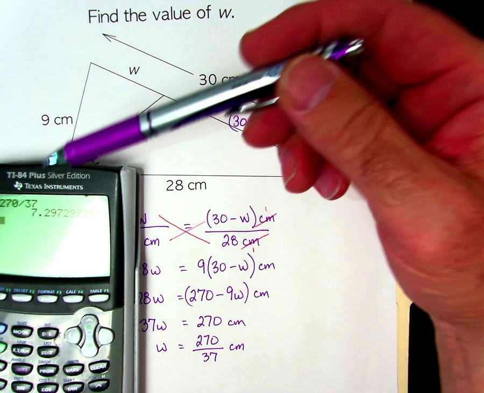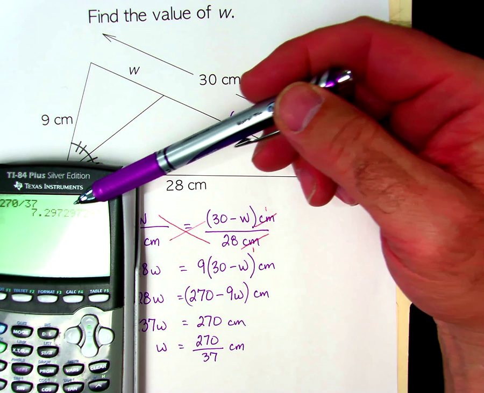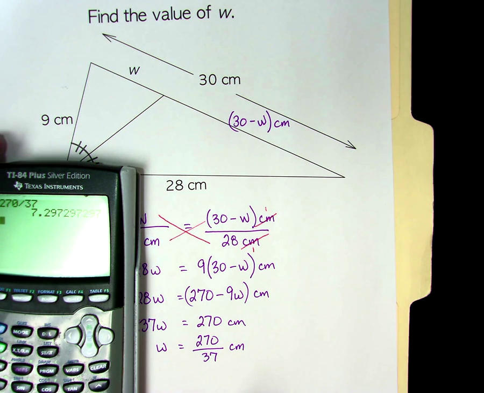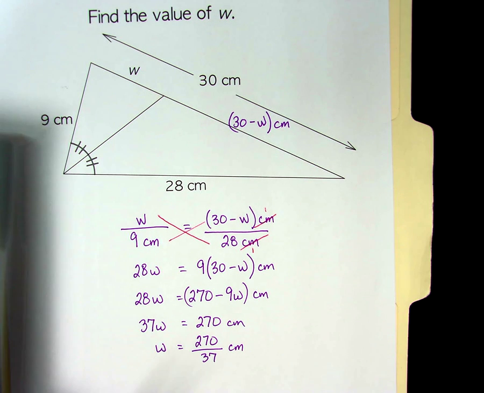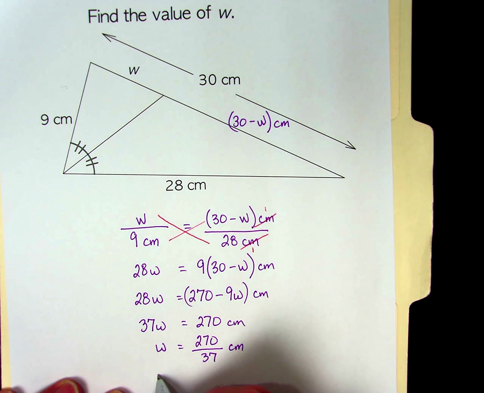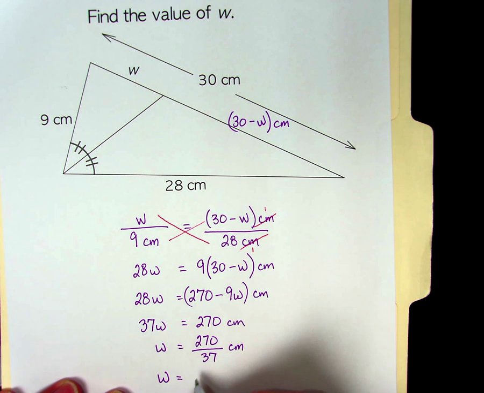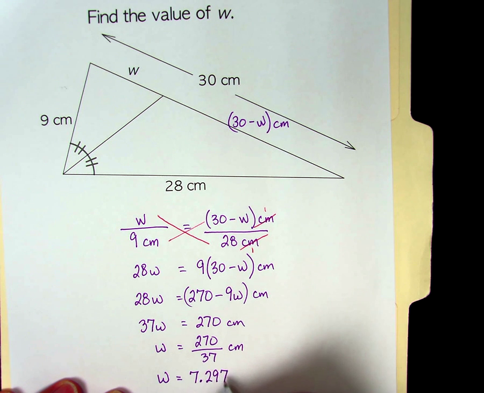I can see that 297, 297 keeps repeating. So I do want the exact value here. So W is equal to 7.297 repeating